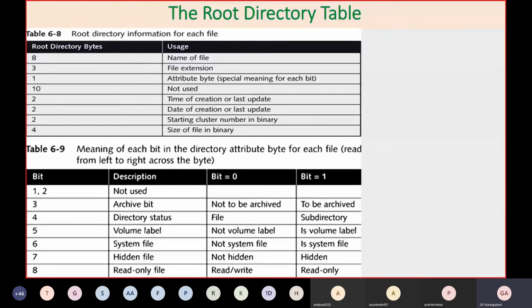up to how long the file is, and at the end of the file there is an end-of-file mark character that is stored by the operating system, and it automatically understands this is the end of that particular file. So this information was used in an earlier operating system, that is FAT12 or FAT16.